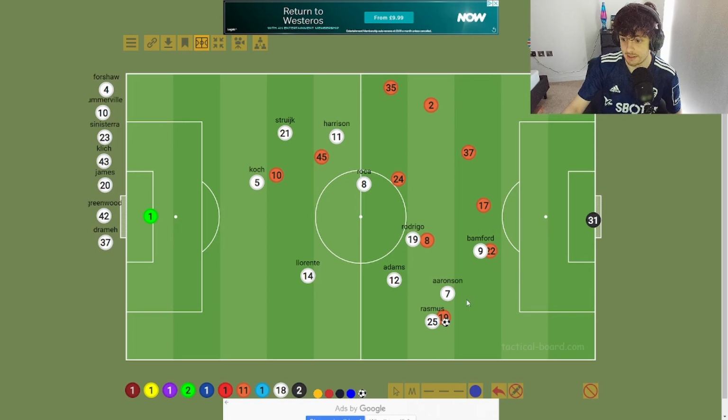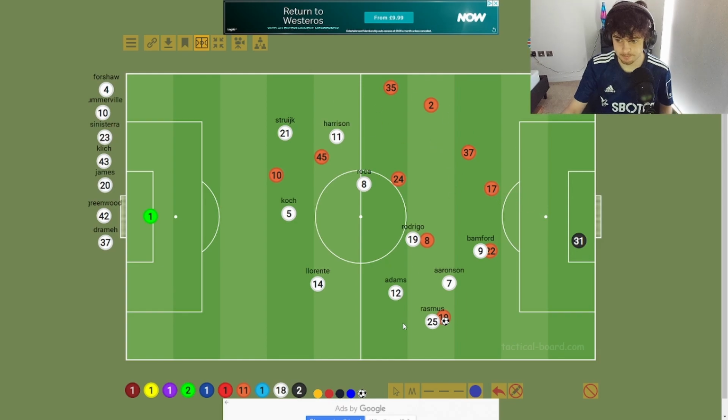Look, it's 5-on-3, even 6. If Llorente takes a risk and comes up here and they move round, you're not giving them a lot of options. The only real option here is to either beat his man 1v1. But then you've got Aronson coming in to cover, you've got Adams coming in to cover. Or to play it back here, he makes a move up here, or play it over this area. That's it, we're limiting their options with the press.